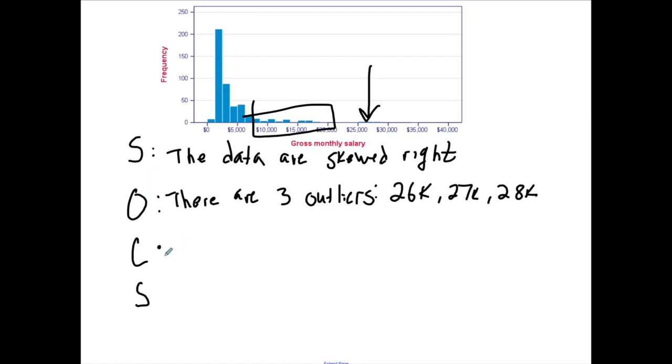So I am not going to find the exact center. You can see the frequencies are going to make this very difficult. So I'm going to put in a sentence stem, and then if we had the data, we could figure out the exact number. So what are we going to do? First of all, we know the data are skewed. So since the data are skewed,